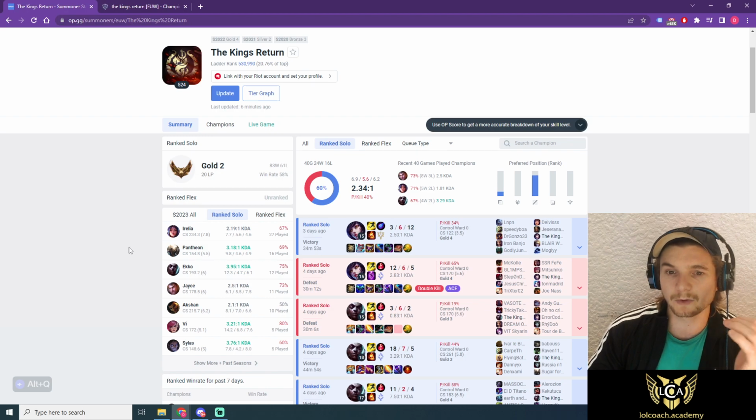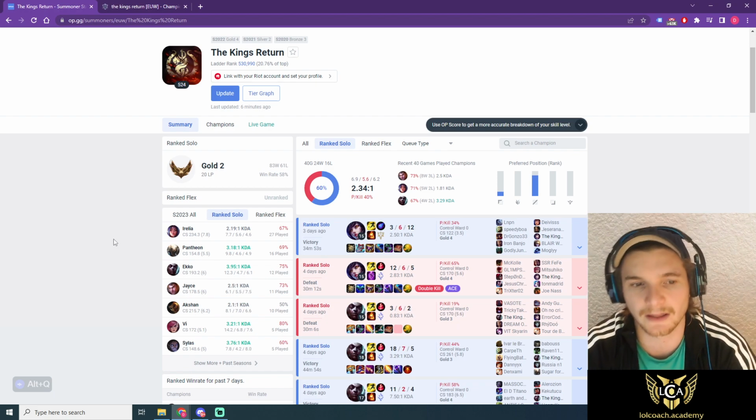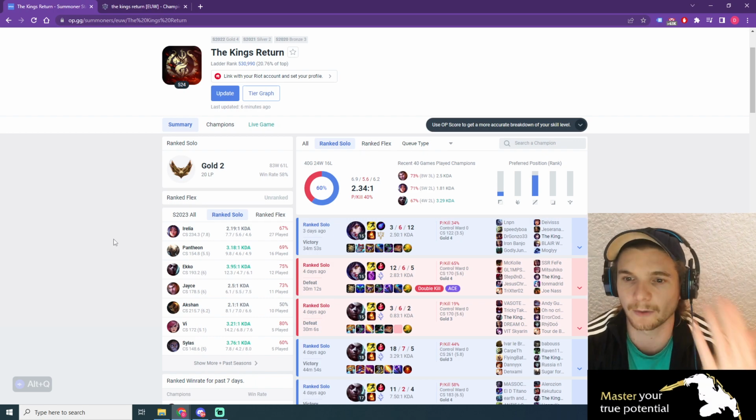So long story short, to go from gold to platinum, just keep this champion pool and keep playing it. I would probably recommend not playing Ari, just because she's a new champion, and I think you've got success on other champions. So I'm not sure why we'd be adding Ari to our champion pool when you've already got great picks like your Echo, like your Irelia,